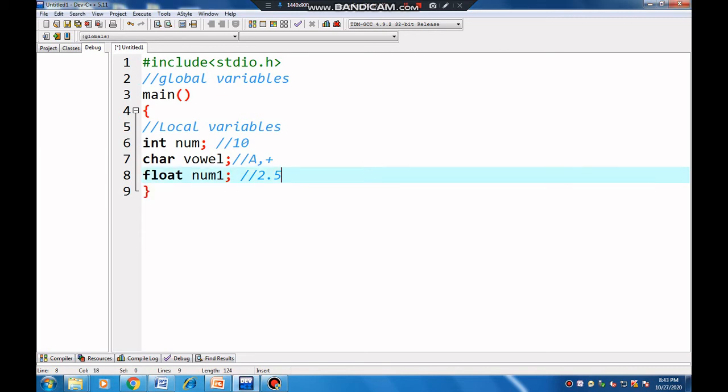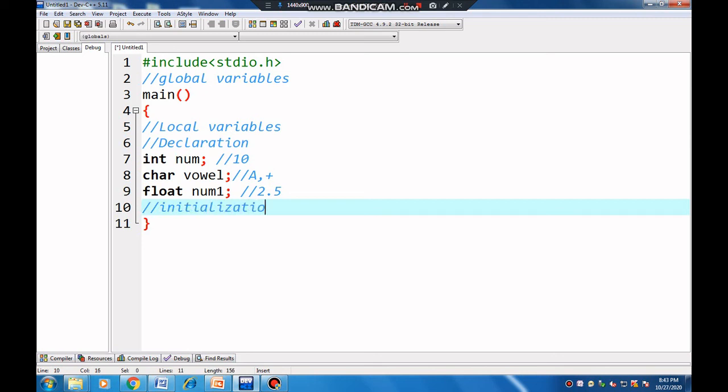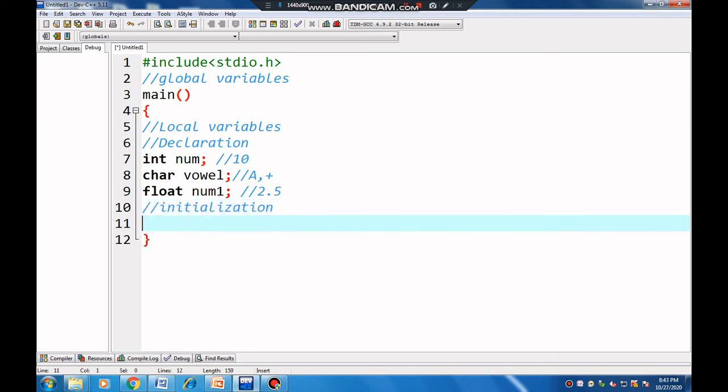Now there is variable initialization. This was variable declaration, and now initialization. What is initialization? See, when you declare the variable, it is declaration.